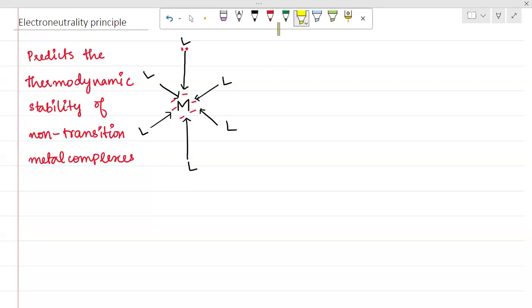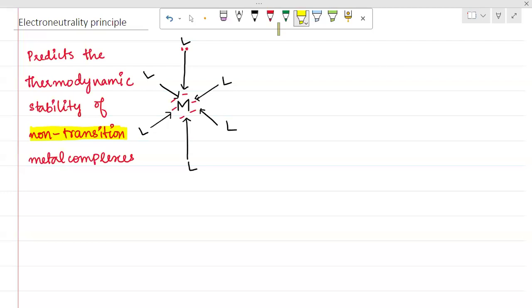So pay attention, non-transition metal complexes. Mostly, okay. You can use some complexes and compare the stability using the electroneutrality principle as well. But mostly non-transition metals, because for transition metals, you have a lot of other theories. Valence bond theory, crystal field theory, ligand field theory. There are many. Okay, so for non-transition metal complexes, to predict the stability,